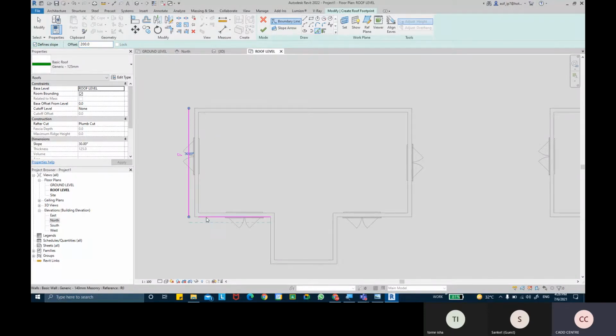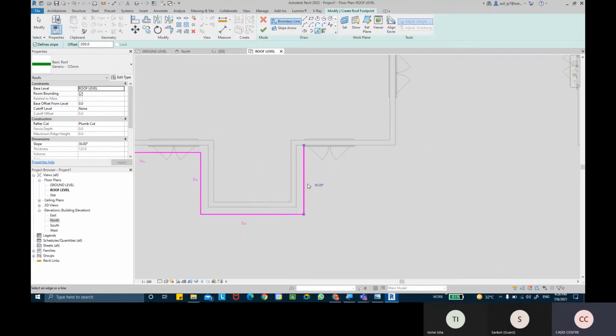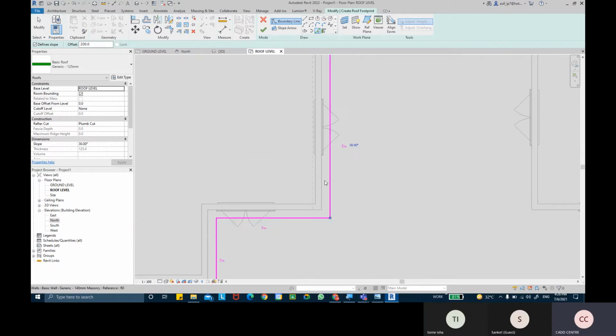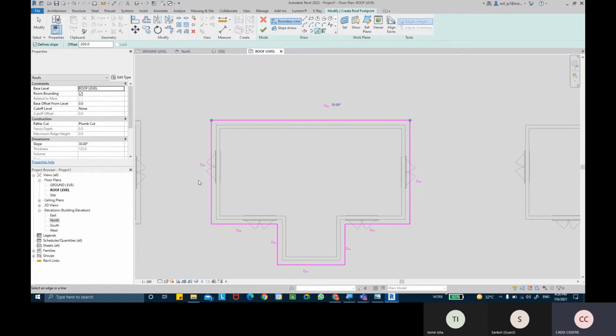I'm going to start picking up these lines. So this line, just pick the lines of the walls, and it starts making the roofing lines. There you go, we got all the sketch lines there.